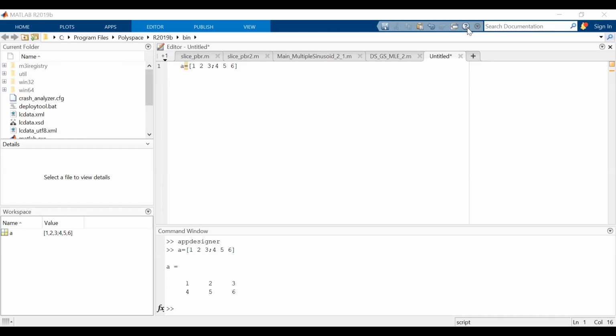MATLAB Coder, I told you, generates C and C++ code from MATLAB code. Okay, Parallel Computing Toolbox. These are the very important toolboxes. There's the Robotics Toolbox. The version that I'm using is 2019B. In 2022B, you also have the Radar Toolbox. If anyone is interested in radar systems, they can